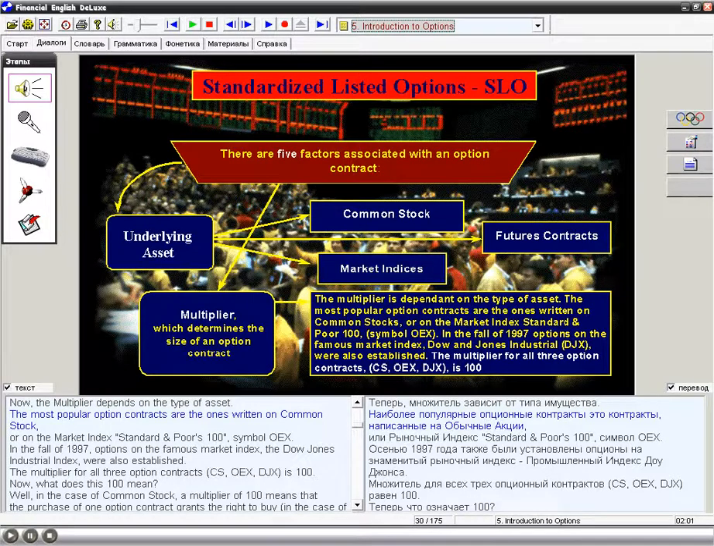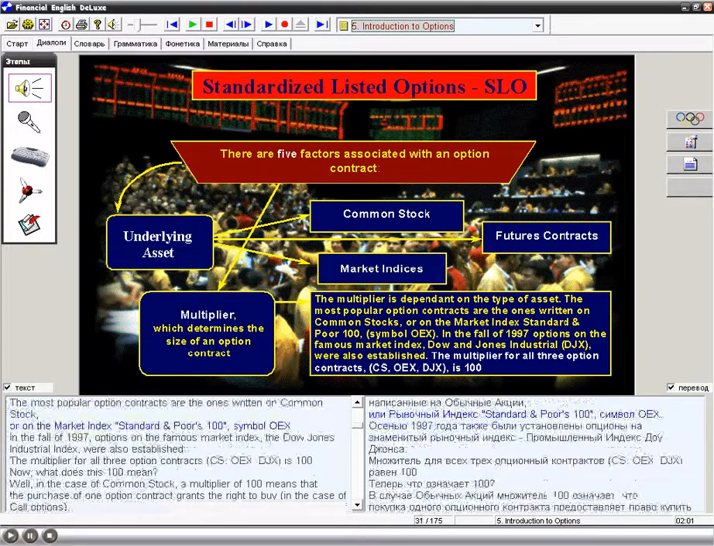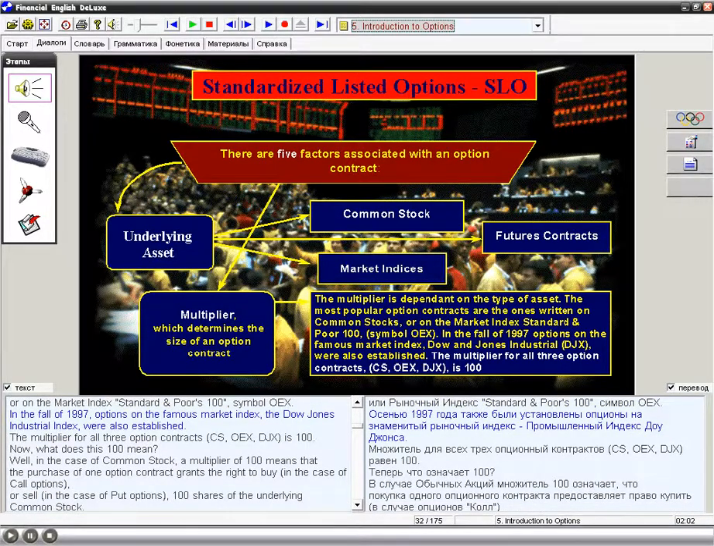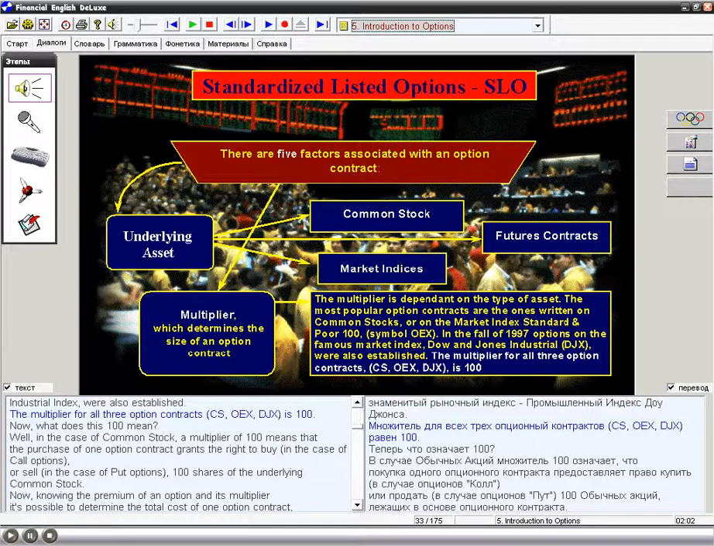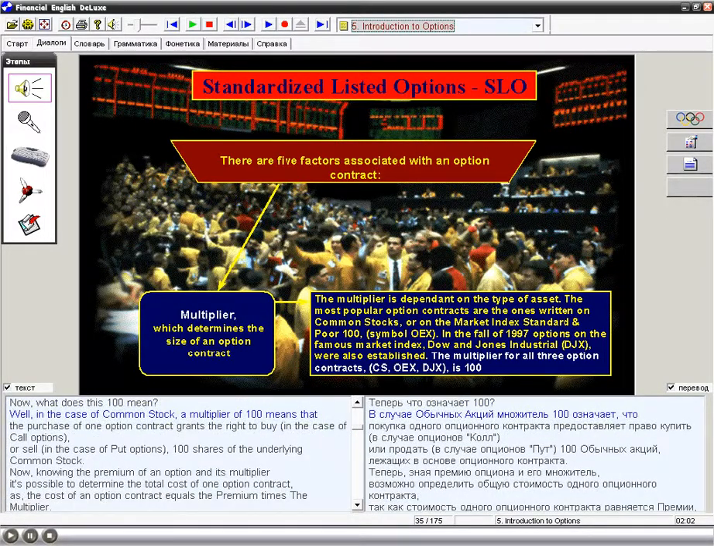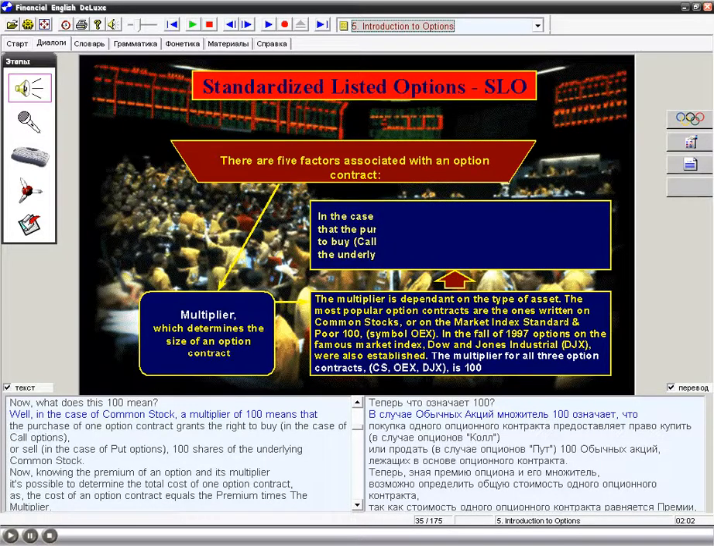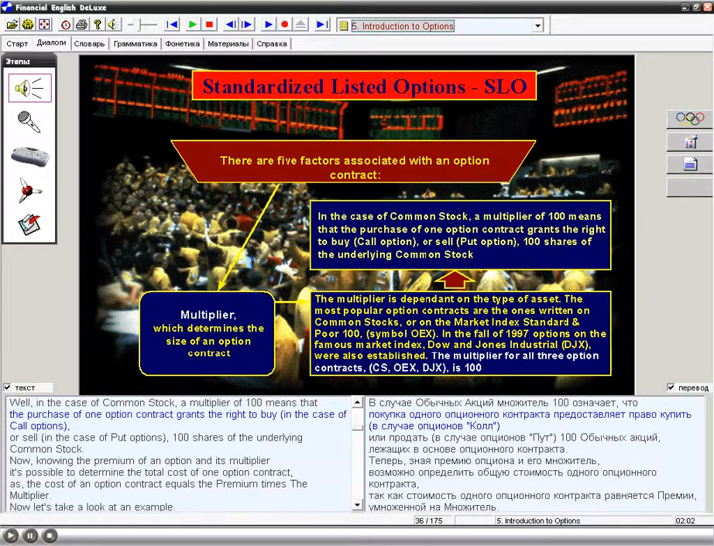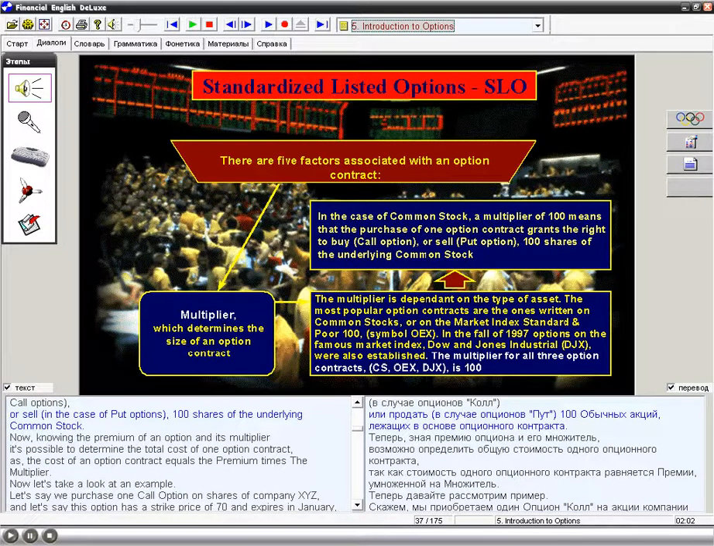The most popular option contracts are the ones written on common stock or on the market index Standard & Poor 100, symbol OEX. In the fall of 1997, options on the famous market index, the Dow Jones Industrial Index, were also established. The multiplier for all 3 option contracts, common stock, OEX, and Dow Jones, is 100. Now, what does this 100 mean? Well, in the case of common stock, the multiplier 100 means that the purchase of one option contract grants the right to buy, in the case of call options, or sell, in the case of put options, 100 shares of